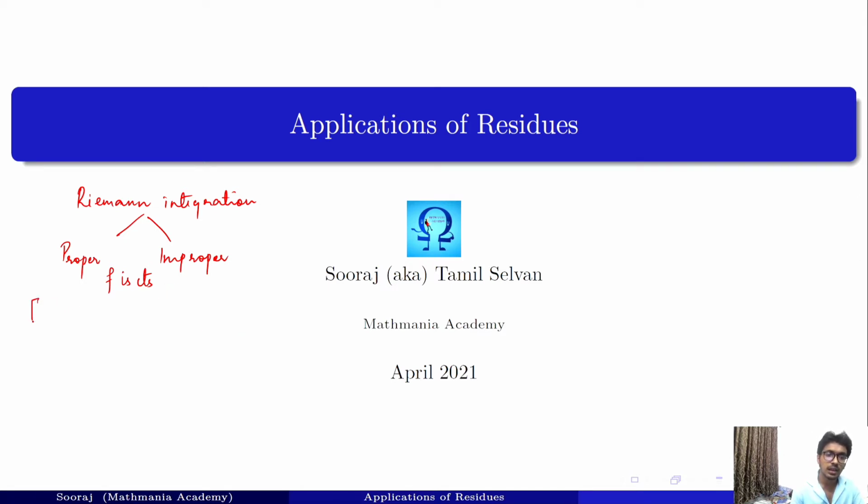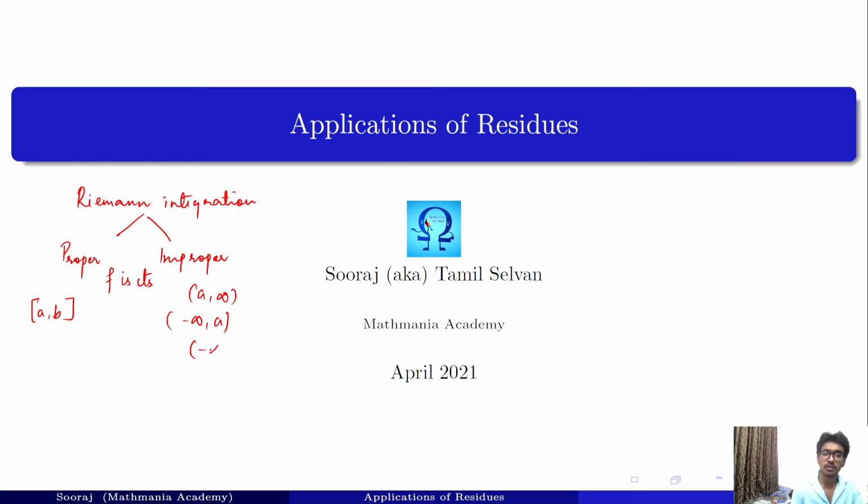Here we take a bounded interval a to b. When we have a bounded interval, that is by default a compact set under the usual metric. Hence this function will also be a bounded one in this interval, right? So when it comes to improper Riemann integration, it is not so. We may have a ray. Okay, we have a continuous function which is defined throughout a ray.